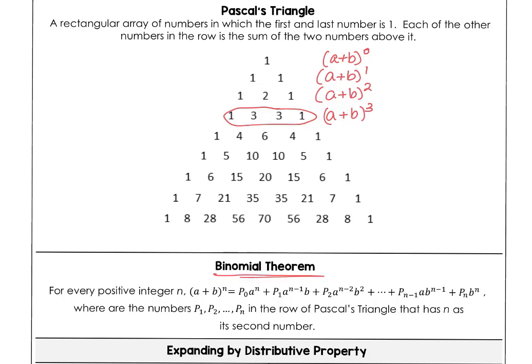So it's this definition that's telling us the p sub 0, p sub 1, p sub 2, and so on is coming from this power and the row that corresponds to it. So this is my (a plus b) to the nth power in this case. So we're going to get 1, 3, 3, 1